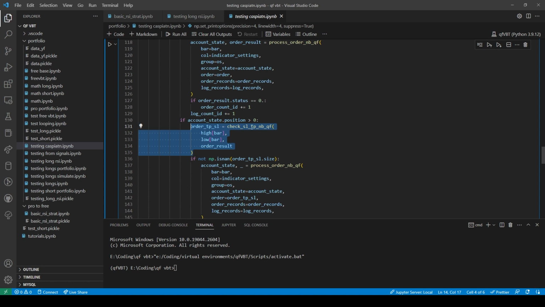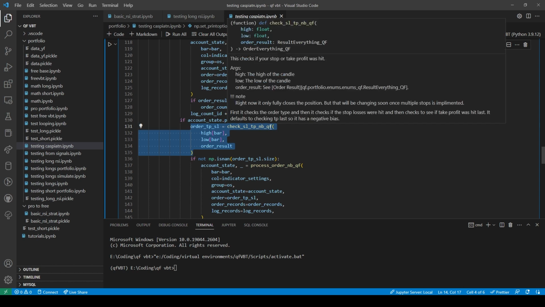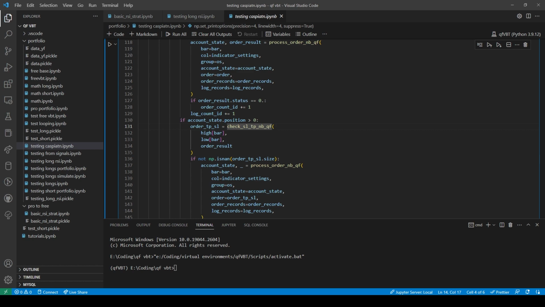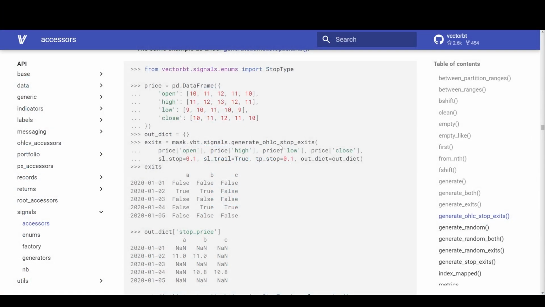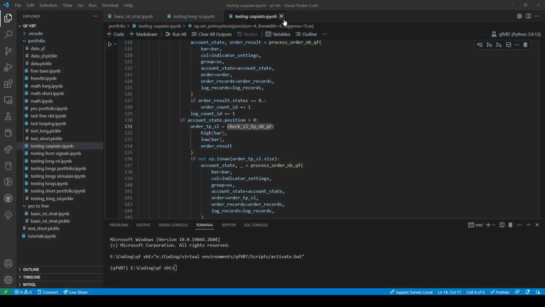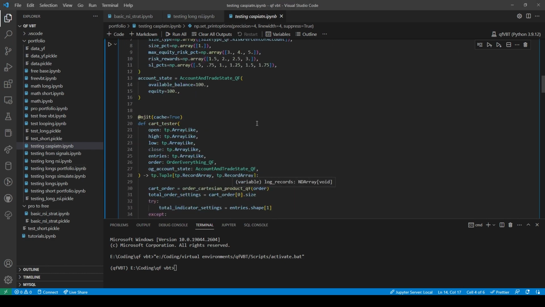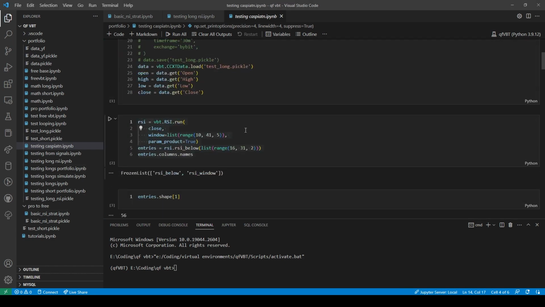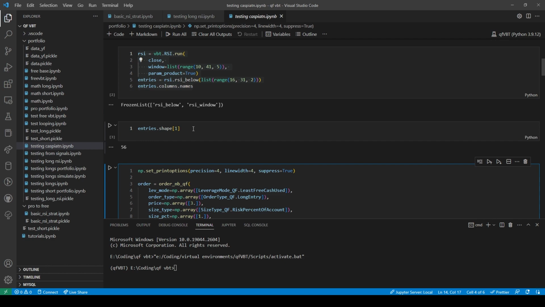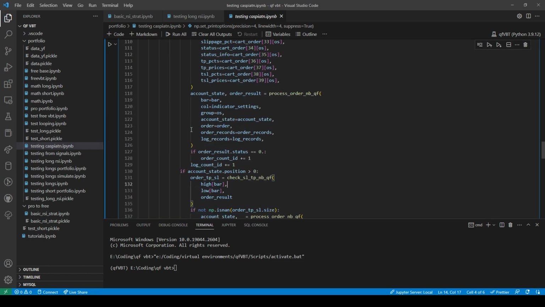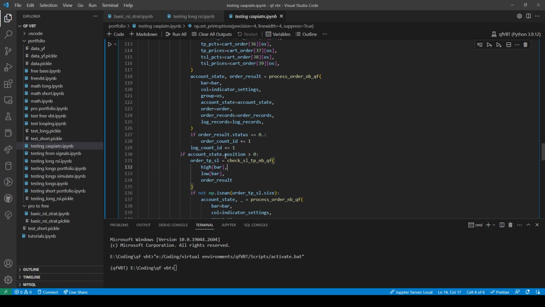I guess this check stop loss take profit thing is this, and so I guess I would just run this check stop loss take profits thing up here, and then I would get my trues and falses, and then down here I would just say